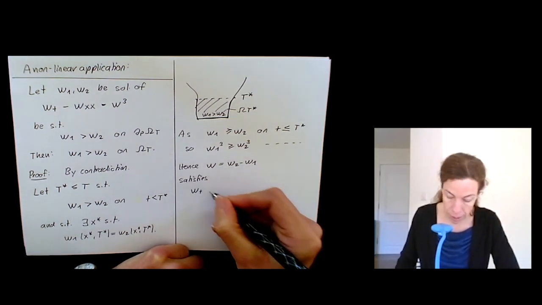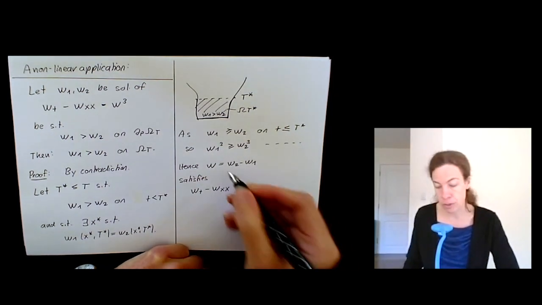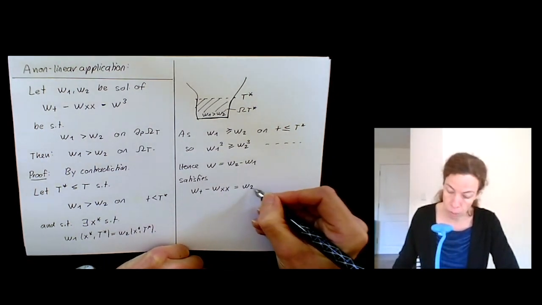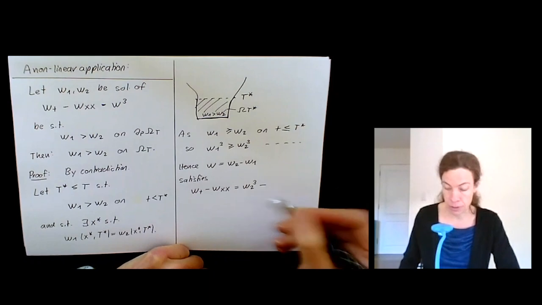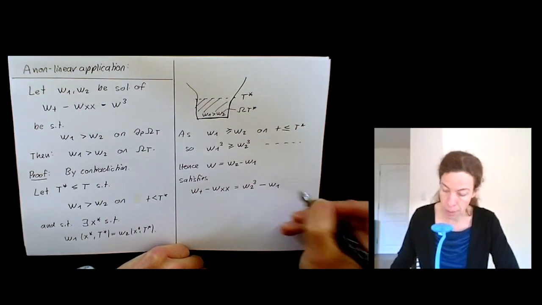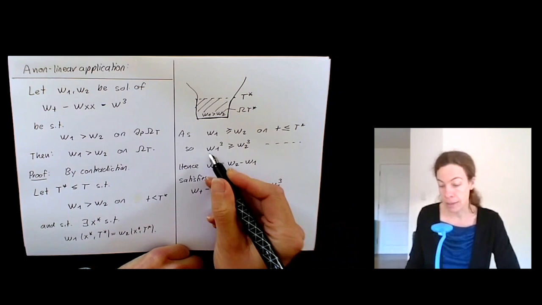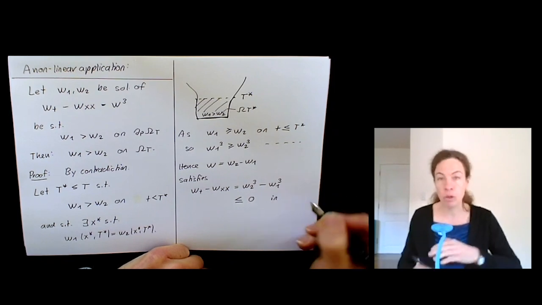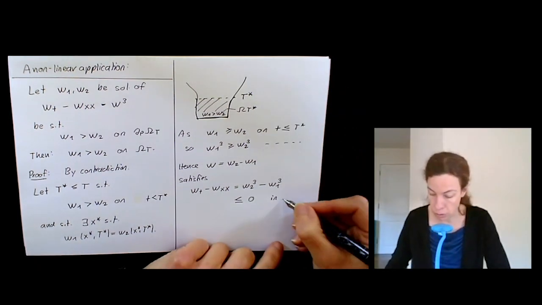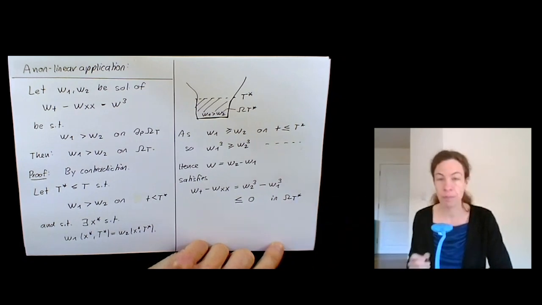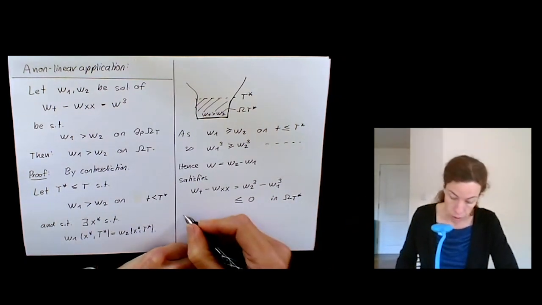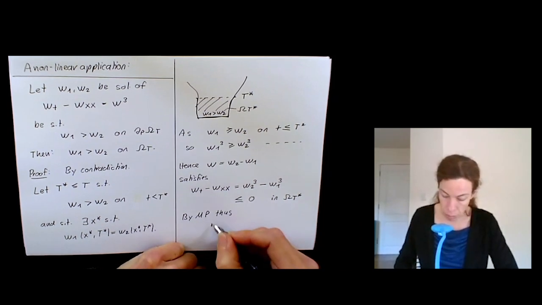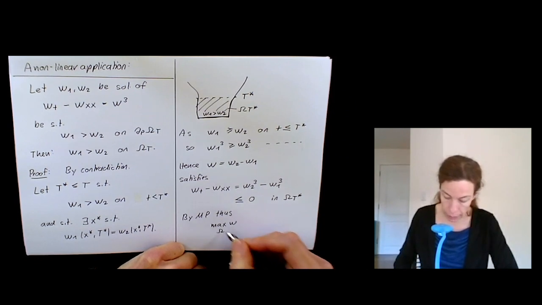So this w satisfies that wt minus wxx, so I first get the operator for w2, that gives me a w2 to the power of 3, and then I get minus the corresponding thing with w1, so that gives a w1 to the power of 3. I said this is greater or equal to this, so this is less than or equal to 0 in the whole domain up until the first time where things go wrong, so in omega t star. Now what does that tell me? By the maximum principle, I conclude that the maximum of w over the whole of omega t star